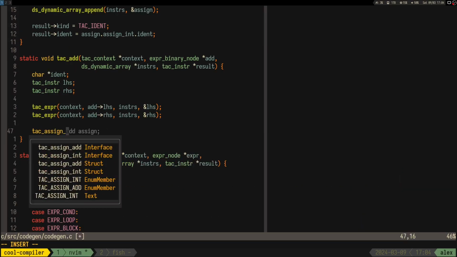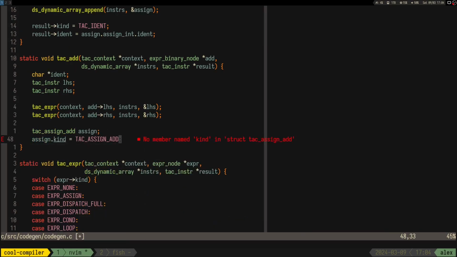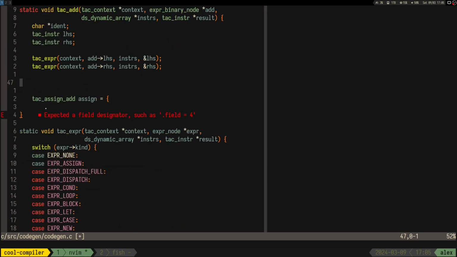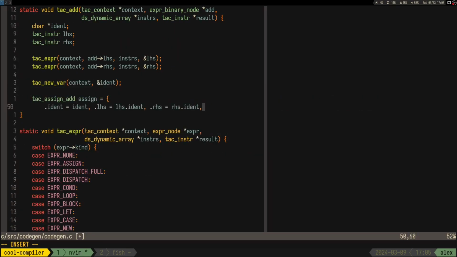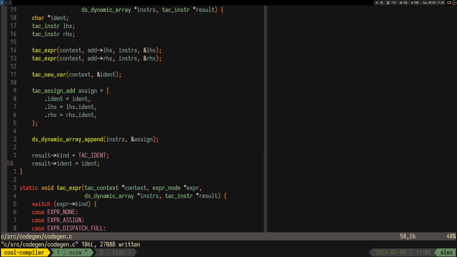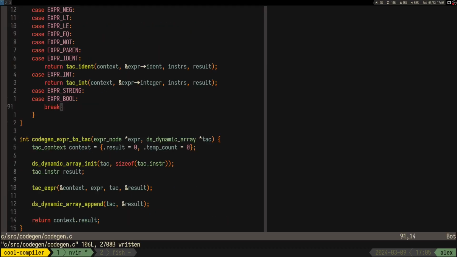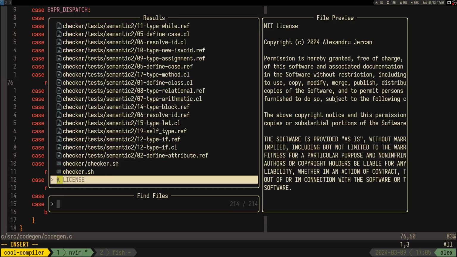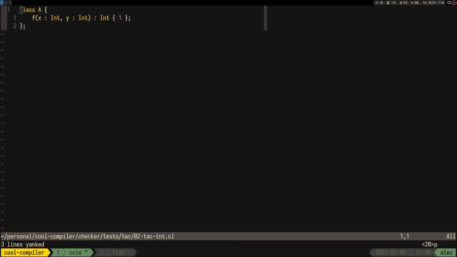This will make the instruction list a bit longer with the required stuff that we need for the addition. And then we have to define this tag assign add,